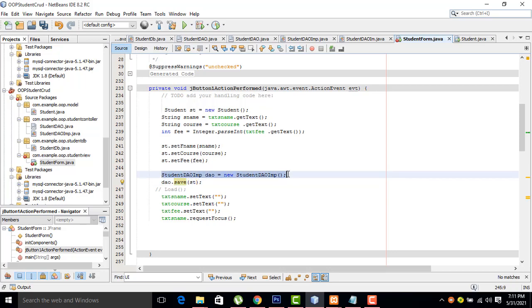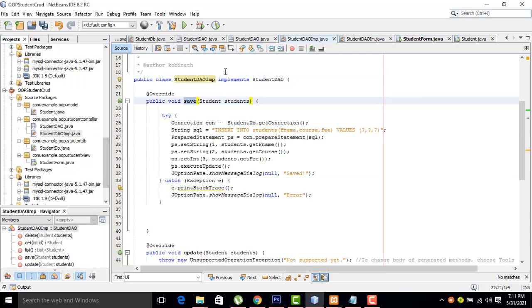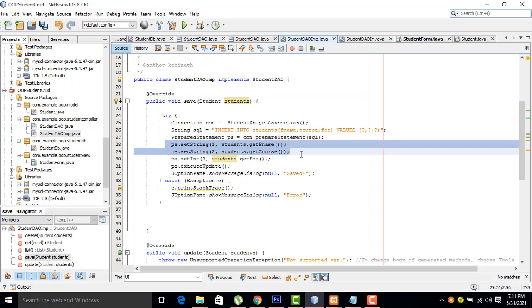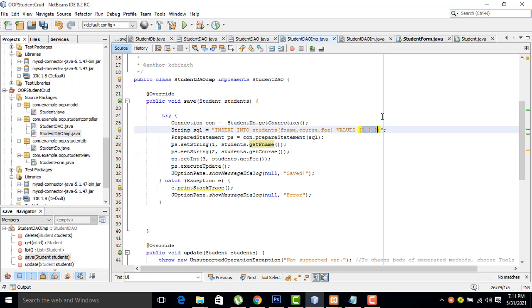We have to implement the DA. In the DA, we have a save method. If you just go to the DA, we have written the save method. You retrieve all the data. It will set it here. Set data, we are getting here. Get all the data. It will follow this sequence of columns in the table. Now if you call the execute update method, your data will be saved in the database. This is how the process works.